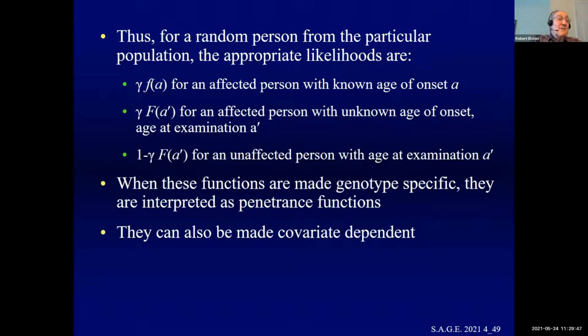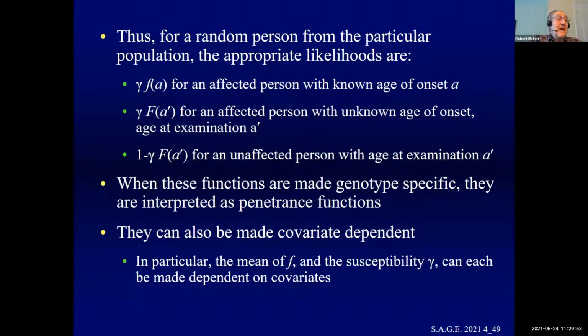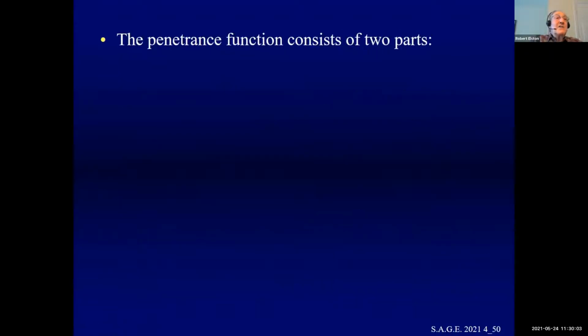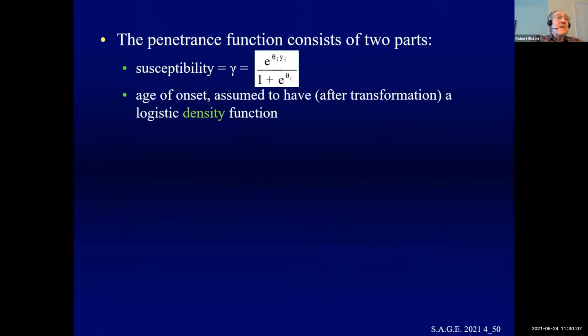They can also be made covariate dependent. Gamma can and the A can. In particular, the mean of F and the susceptibility gamma can each be made dependent on covariates. So the penetrance function consists of 2 parts. Susceptibility, we use the